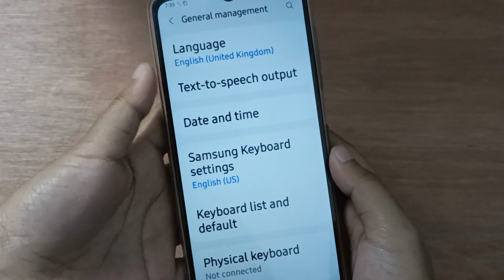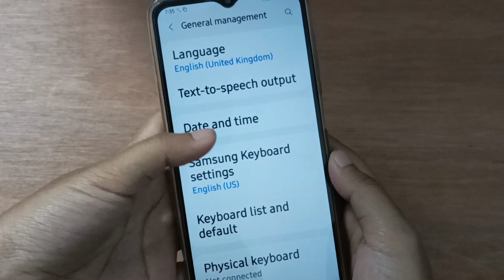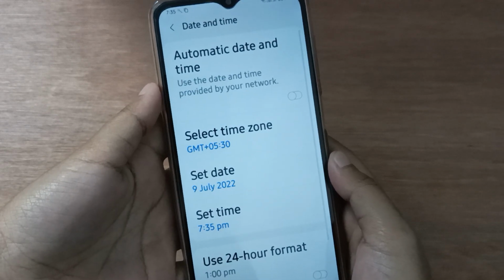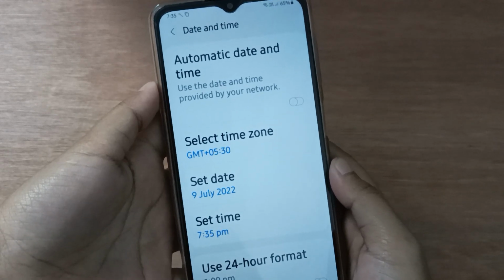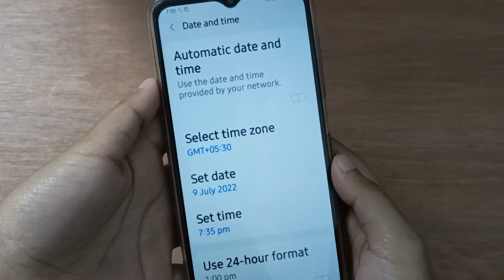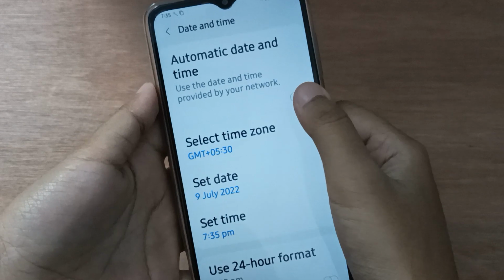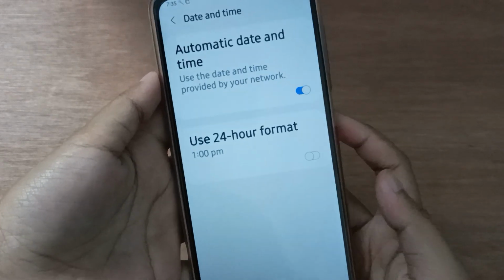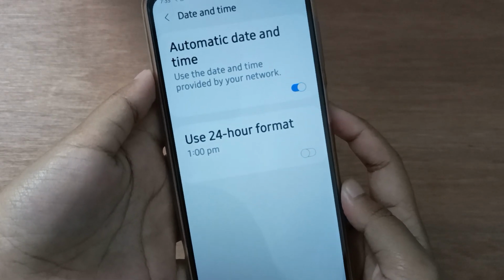After you have clicked on it, you are going to find the date and time, so you have to click on date and time. Then here is the automatic date and time. If you want to turn on automatic date and time, it means the use of date and time provided by your network. Okay, just click on this icon and here is the automatic date and time, okay, that you have